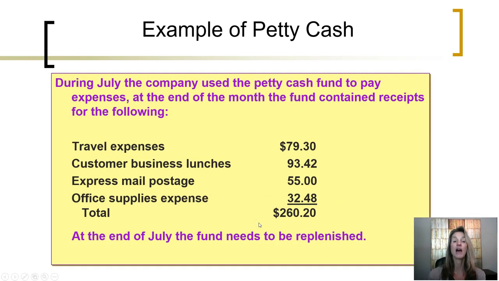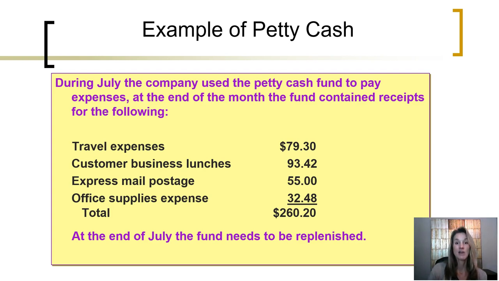So let's say during July, the company used the petty cash fund to pay for the following expenses. It's now the end of the month and they're getting ready to replenish the fund. The fund had been used to pay travel expenses, customer business lunches, express mail postage, and office supplies. The total expenses were $260.20. Because the petty cash fund is low, they want to reimburse it to get it back up to its